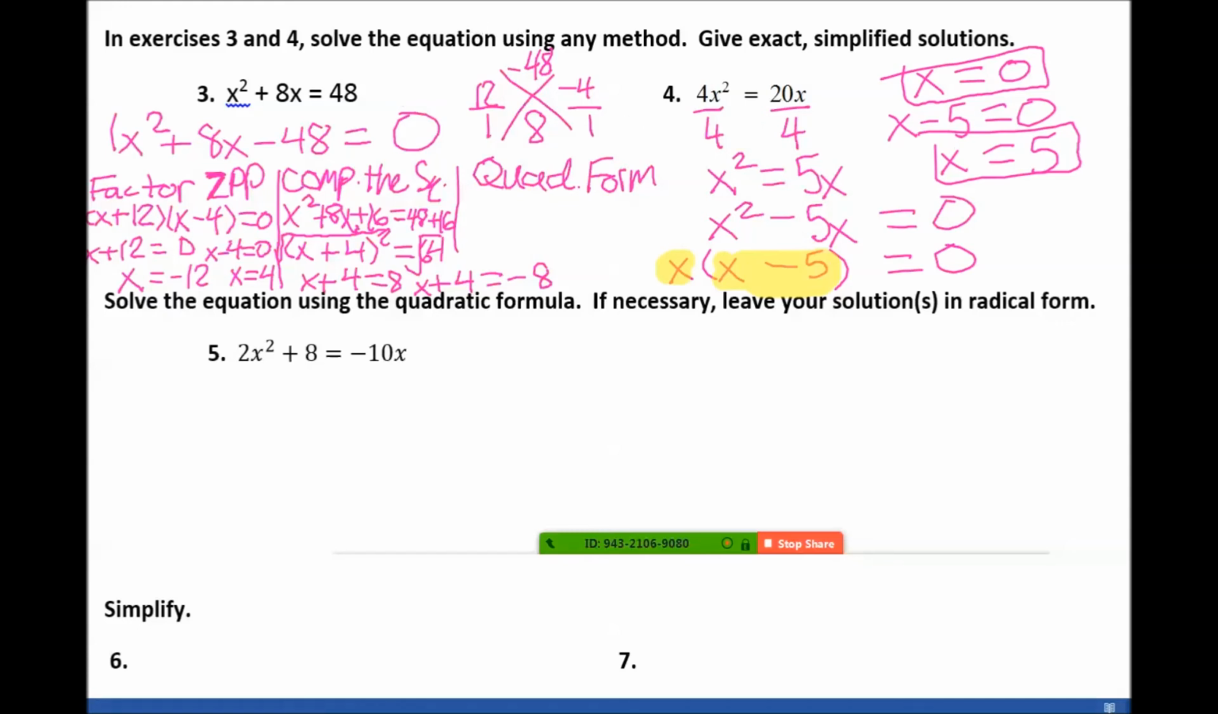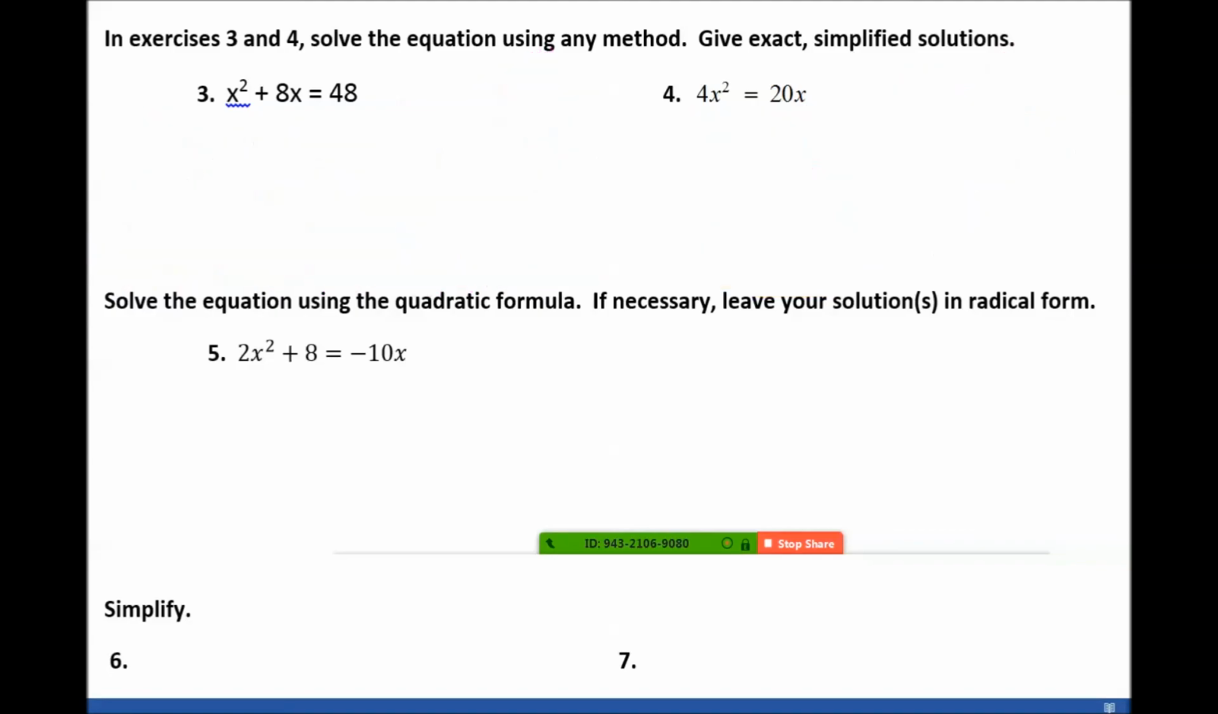Let me try to erase this. It's still, my computer's being more than